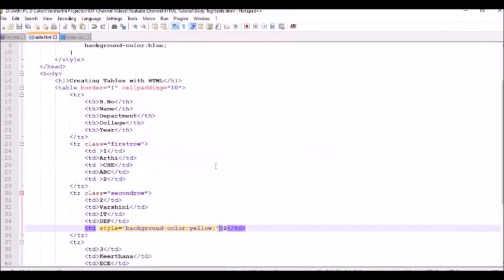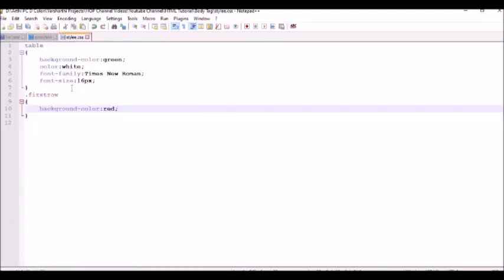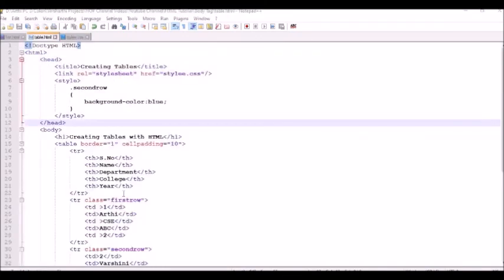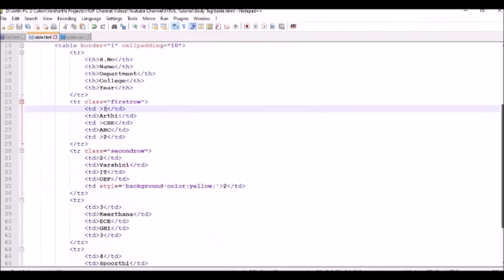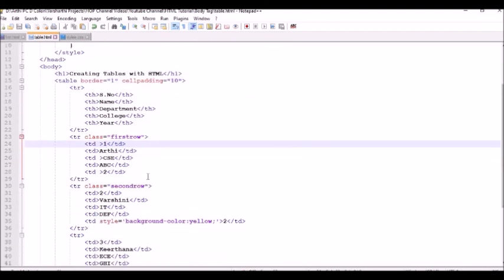So here what you have examined is that priority matters. I have applied design formatting for the entire second row, which means the class named "second row" will have the background color blue, which we have provided in internal CSS.